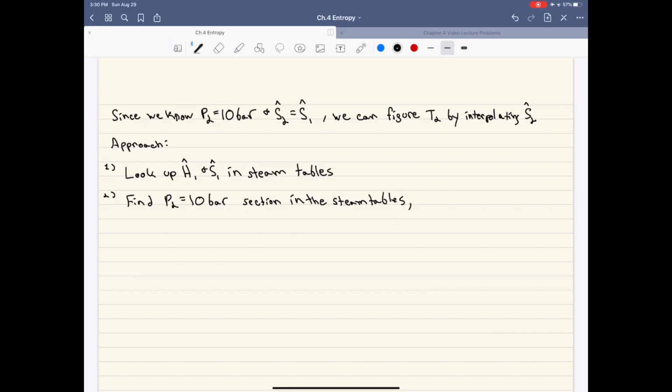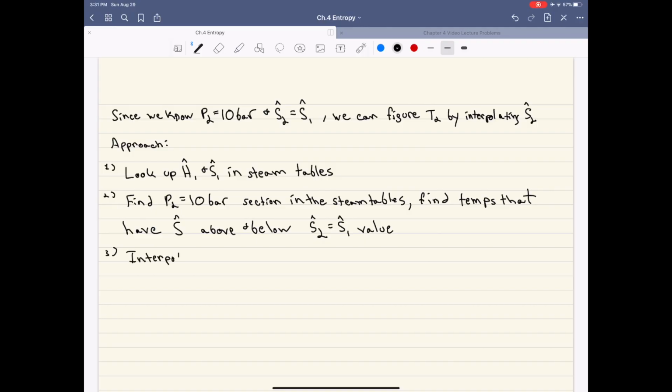And then we'll find temperature values that have specific entropy values that are above and below S2, which we know is equal to the S1 value. Once we find entropy values that are above and below our S2 value, what we would do is we would